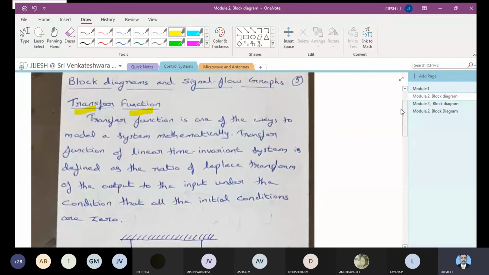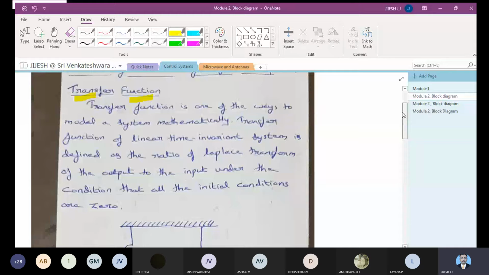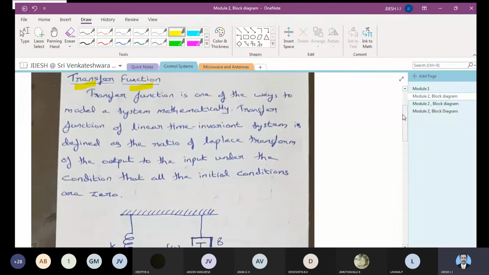So here the same thing, we are going to use the mass, damper, spring, and if you are going with the rotational system, all those things remain the same, torque and all. Here you just have to understand how a block diagram has to be simplified systematically, and I'll first be explaining the steps to simplify the block diagram. So how each block has to be taken care of and how it has to be simplified further. So all these things we'll be discussing now.